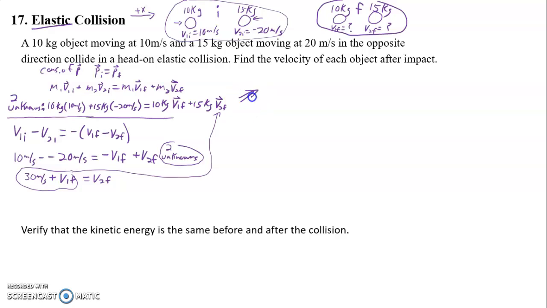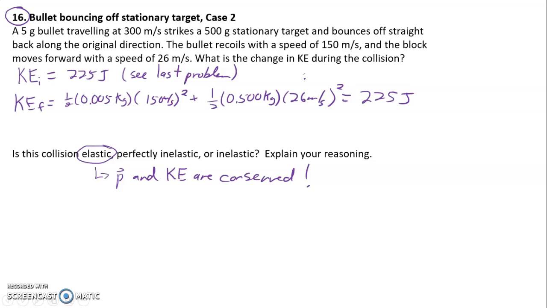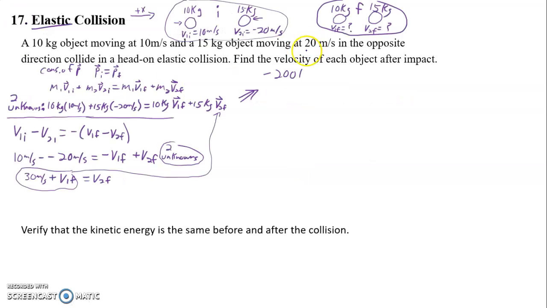Pardon me. So this gives, starting with the left-hand side of this equation right here, a value of, let's see, that's 100, and this is negative 300, and so that's negative 200 kilogram meters per second equals